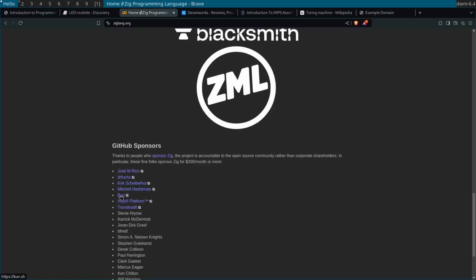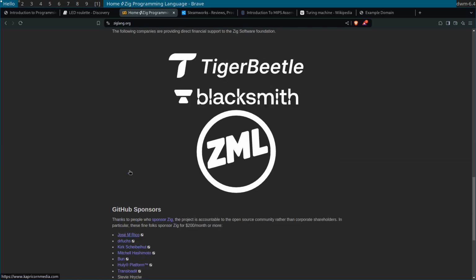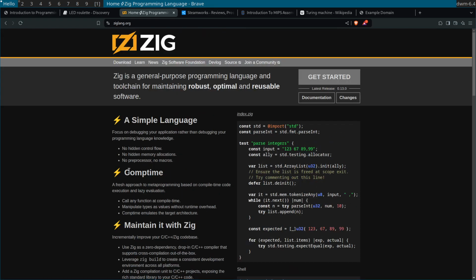Bun is written in Zig. Most of these are people, but you could look at where they work and probably know that they use Zig. These are really nice ways to find the companies that care enough about a language to sponsor it and give them lots of money to develop their language.